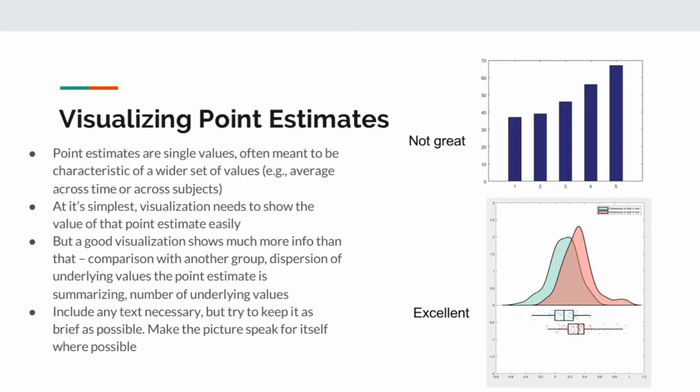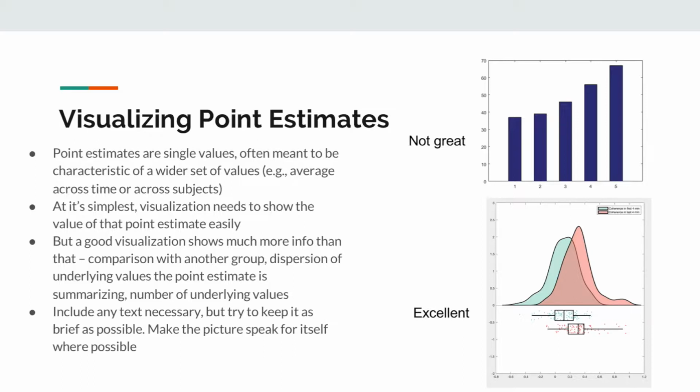of underlying values. So for instance, on the right there you can see a bar graph that only shows the values of 5 different measurements. It doesn't show you any sort of confidence interval, doesn't show you how many data points are making up that estimate, doesn't even show you what those different bars are supposed to mean. Whereas at the bottom, that's what's called a rain cloud plot. It shows you lots of different ways in a pretty format what the axes are. I cut off the actual axes labels, but they're there. It'll show you the distribution of the two sets of data you're trying to consider, how many data points are